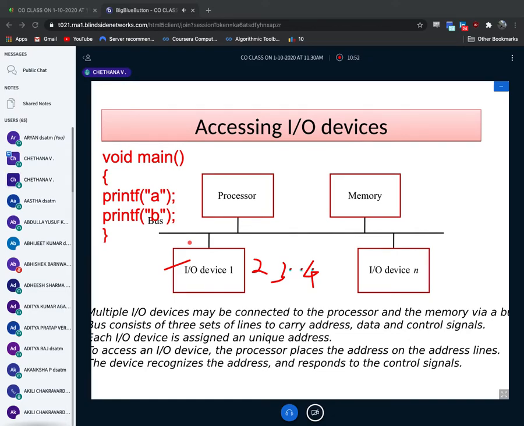Now my question to you is, this program is running inside this processor. The program is running one line at a time. Every line is executing, first line it will execute, second line it will execute, like that it will execute all the lines. Now, when the processor is executing, how many times do I require the output device? Can you type the answer for me?